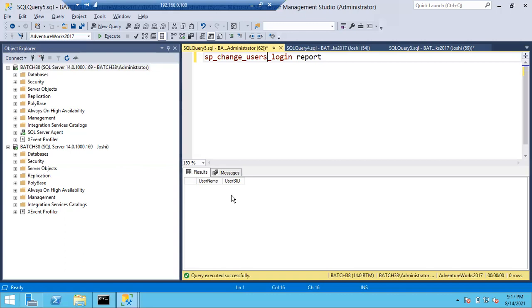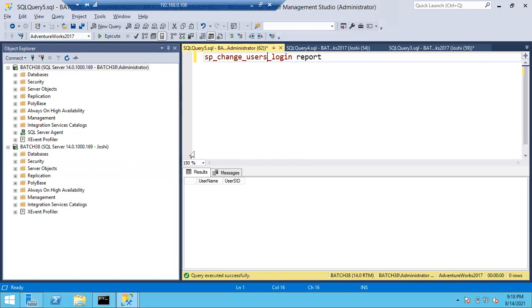Now I want to generate orphan users. How can I generate an orphan user now? We can delete the SQL login. By deleting the login, very good. By deleting the login, I can generate an orphan user. What is the other case? By moving the database copy. Not moving, by restoring. Restoring the users' database to another server. Very good. So that I can show you in the migration concept.